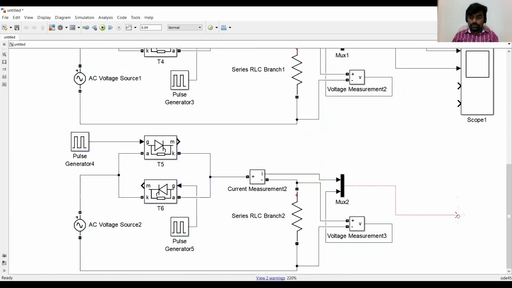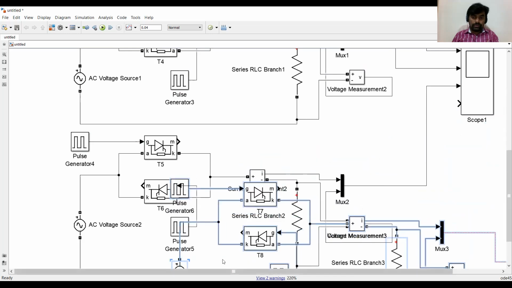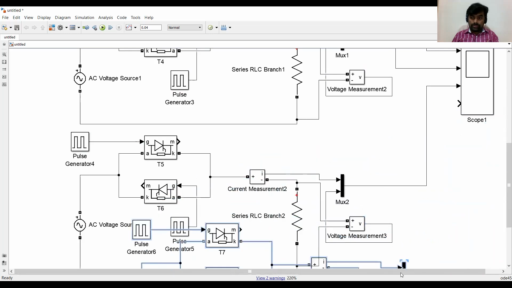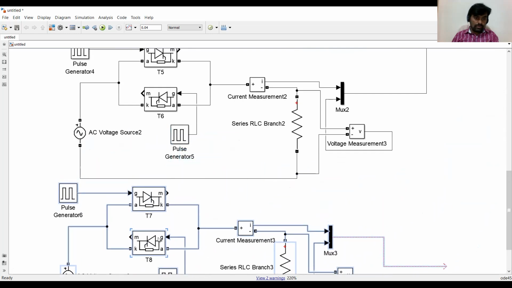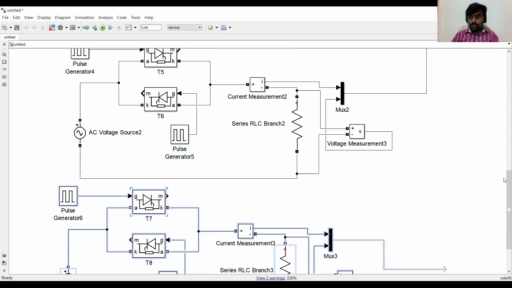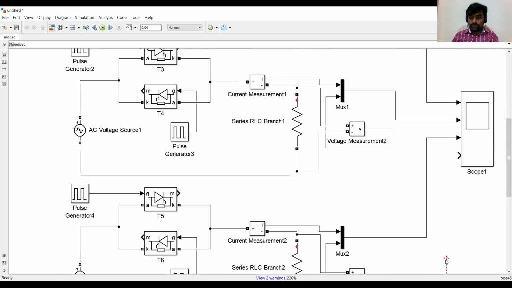This is for alpha equal to 90 degrees. And I will copy. And this is at alpha equal to 120 degrees,